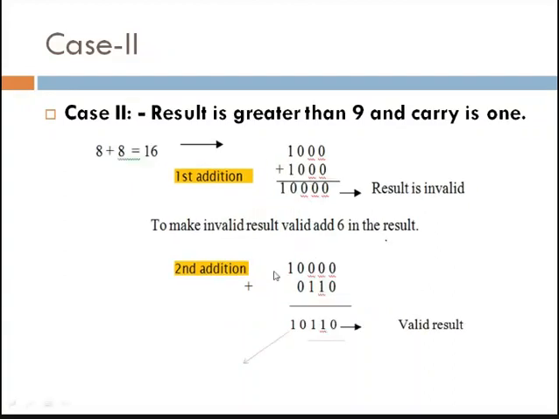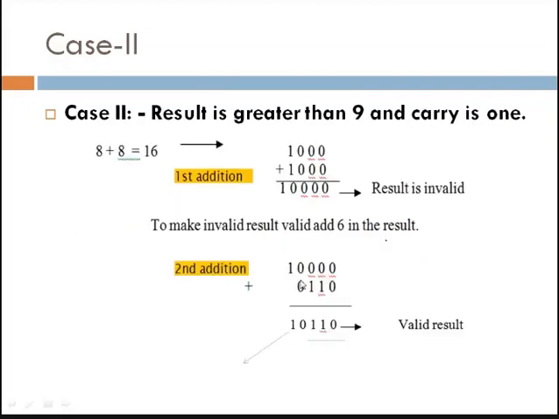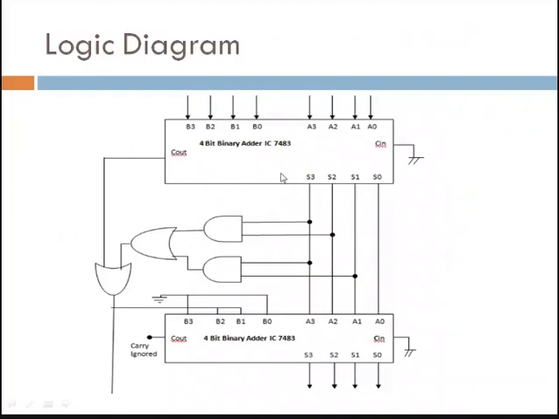But if you look at the circuit diagram, the second IC is connected in the circuit. So for the first case, the second addition's operation will be a 0. Instead of that 6, we can add the 0. Suppose I am getting the number 7. 7 is assigned to A3, A2, A1 and A0, and from that one we are taking the 0.